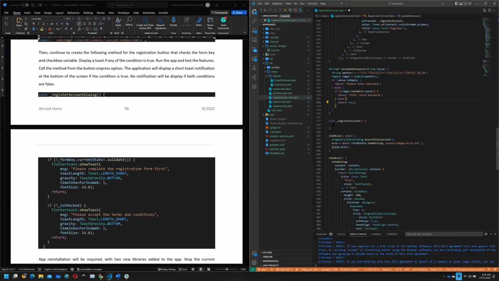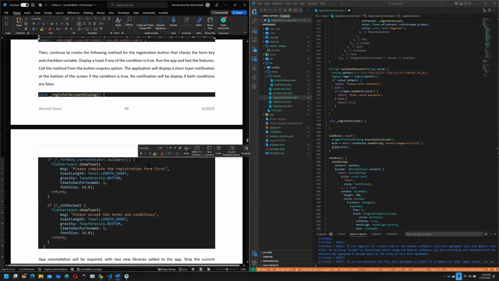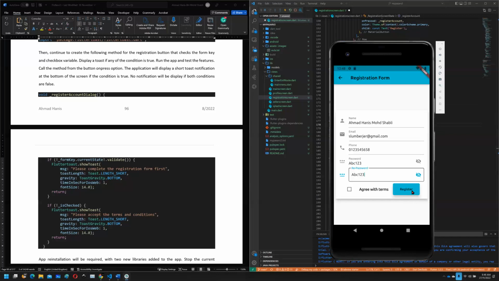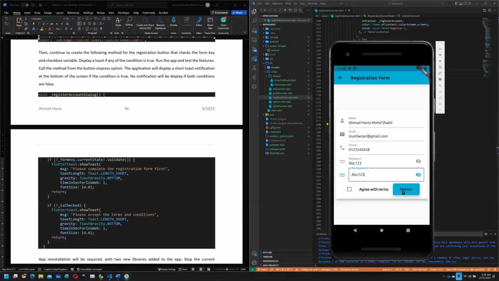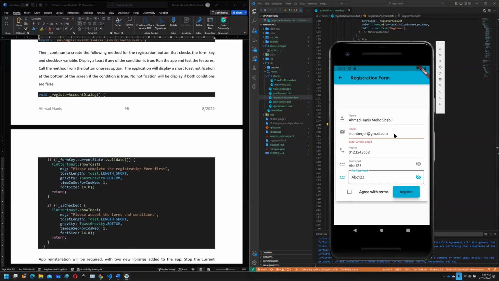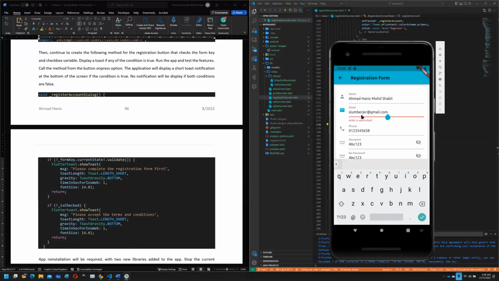All right, so once you have that, now we need to implement validation. If you remember the form key that I talked about before, the form key here basically implements all the validators that we have up there, because if you click the button here, nothing happens. But if you implement this, form key, current state, and execute validate. So when you have that, if you click on register here,